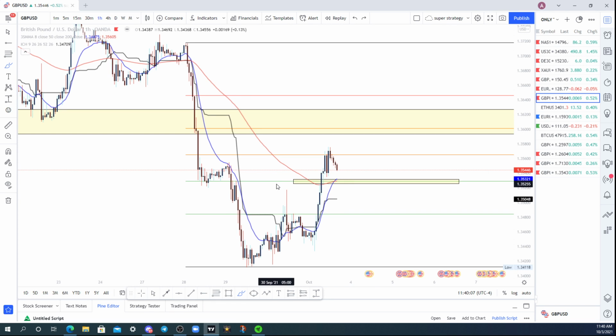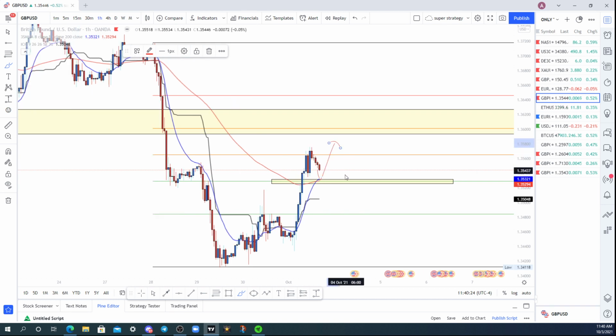So right over here, we have a beautiful support with our SMAs here. So once we start breaking below these SMAs, I'm looking to take it short back to these lows. Before we break the SMAs, I'm not looking for anything, just because I know price can come down, touch this SMA, fly it back up. So just make sure we get a clear break and close below, come back, retest the SMAs as resistance, then continue down again. You enter at the break of the lows here, if it sets up like that.